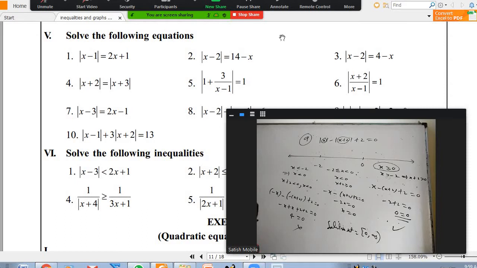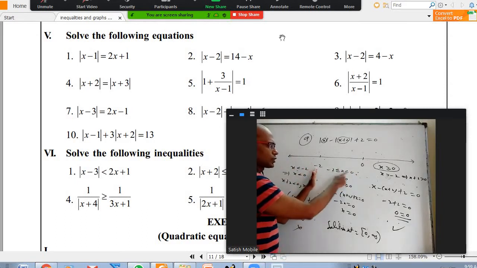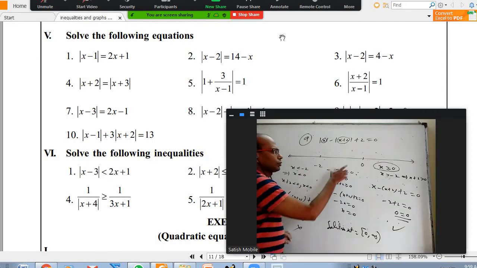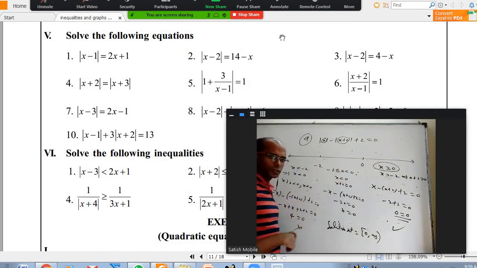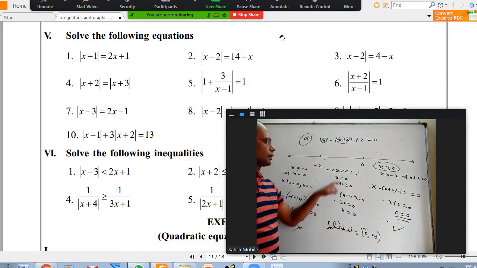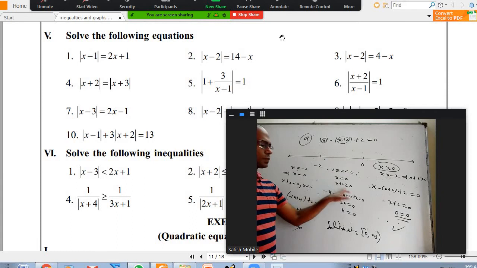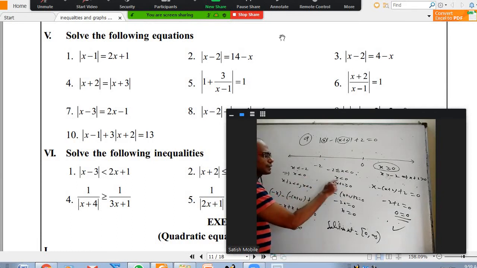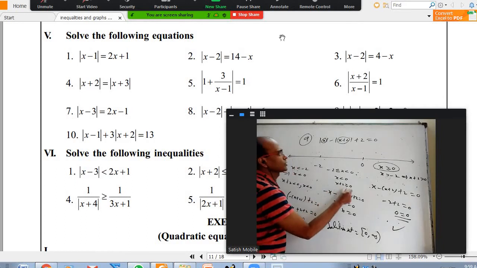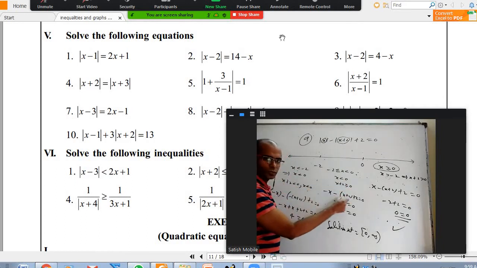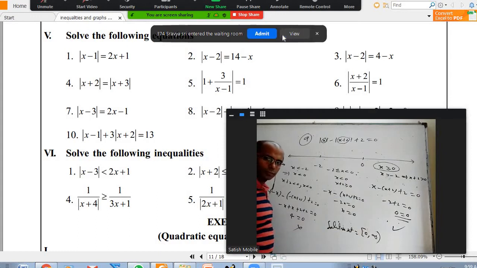Sir, in the middle, how you did, sir, didn't get. Okay, in the middle, what are the numbers? Between minus 2 to 0, right? So during this interval, x is less than 0 or greater than 0? Less than 0. And x is greater than minus 2 means x plus 2 is positive, right? Because x is negative, mod x I should write minus x. Because x plus 2 is positive, mod x plus 2 I should write plus x plus 2. Let's just solve it. Is it okay? Yes, sir, got it, sir.